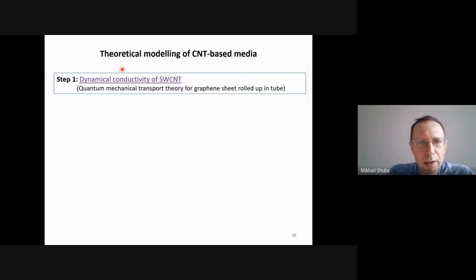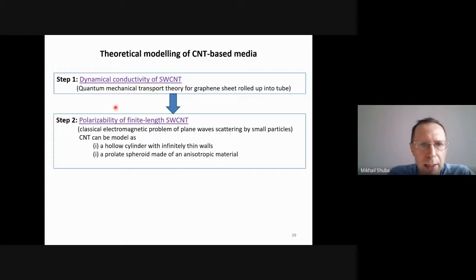So a little bit about how we theoretically model carbon nanotube-based composites. This modeling is divided into 3 steps. At the first step, we compute the dynamical conductivity of single-wall nanotubes. We use quantum mechanical transport theory for a graphene sheet rolled up in tubes. Once we know the conductivity of the tube, we solve a classical electromagnetic problem of plane waves